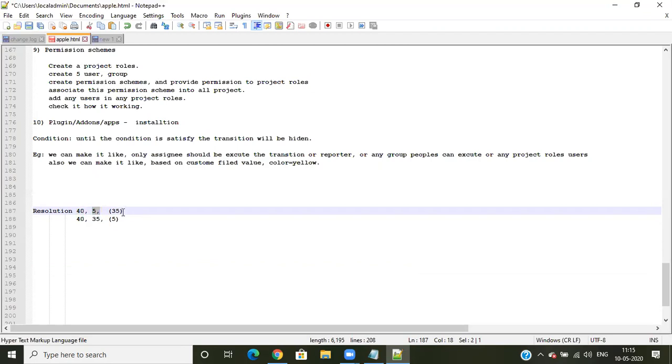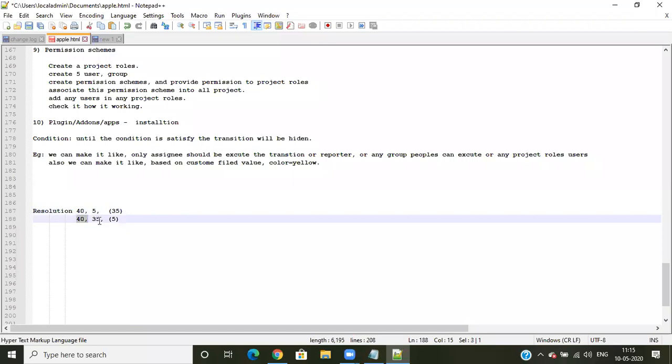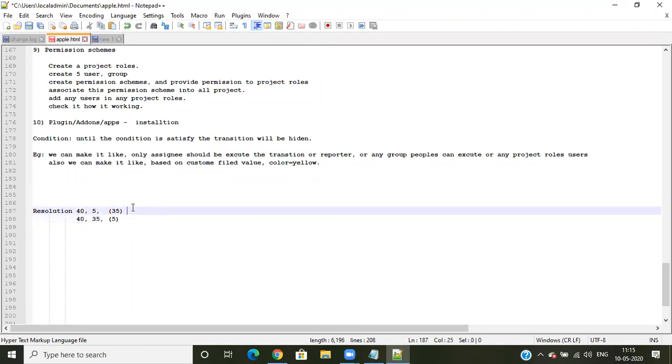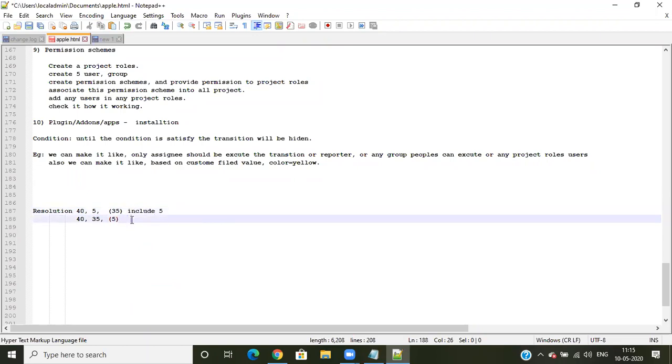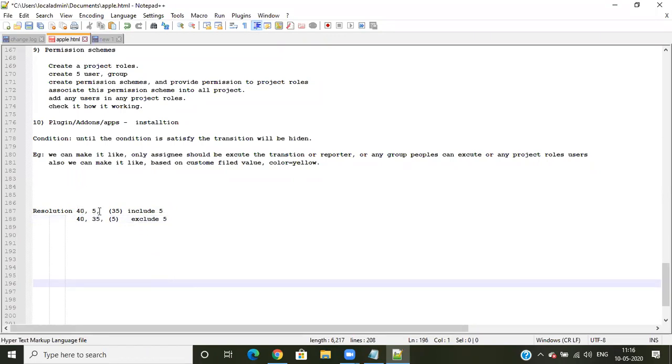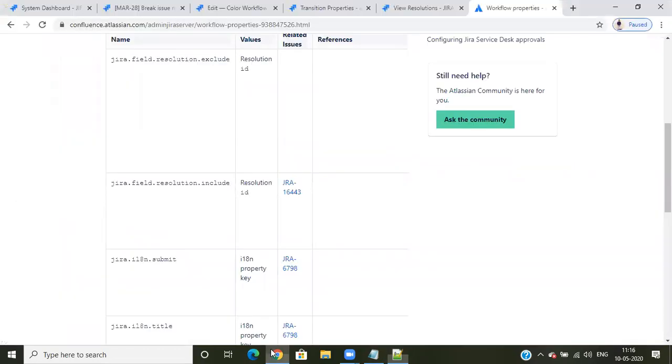Including 5 means the other 35 will not come. Suppose you want 35; now you cannot use the include option, because when you use include, you need to add those 35 IDs. Instead of that, you can use exclude. When you add include 5, only those 5 will come. When you exclude 5, except those 5, all will come. So this is the difference between exclude and include.